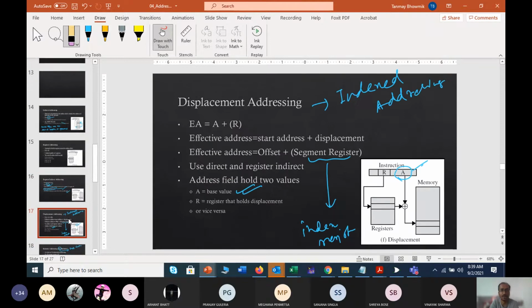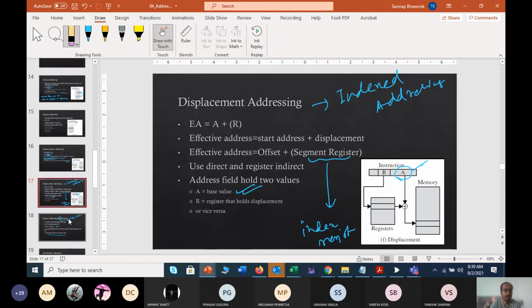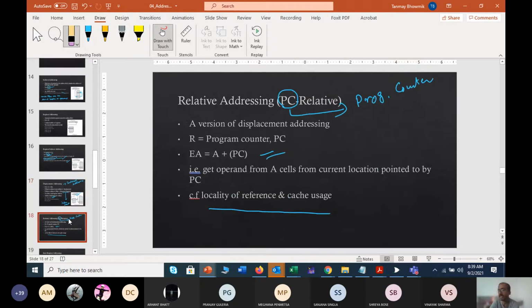Then we observed displacement addressing. Some fixed distance, the offset, is covered first, and then your segment register is carrying the other distance. So register and memory were both associated, and that was the example of displacement addressing. Then we followed PC relative. PC relative means it is associated with our program counter, and I already told you that the program counter is a specific purpose register used to store the address of the next instruction.